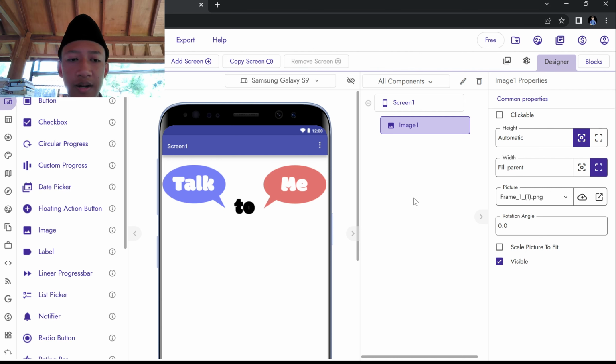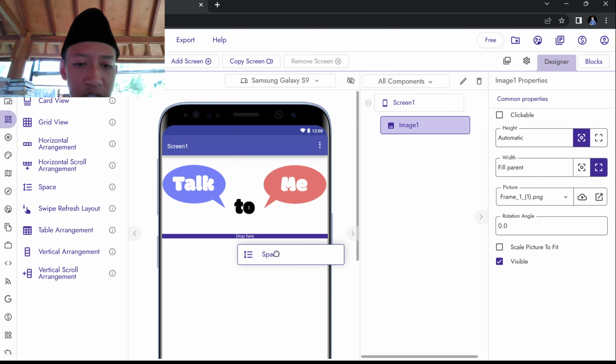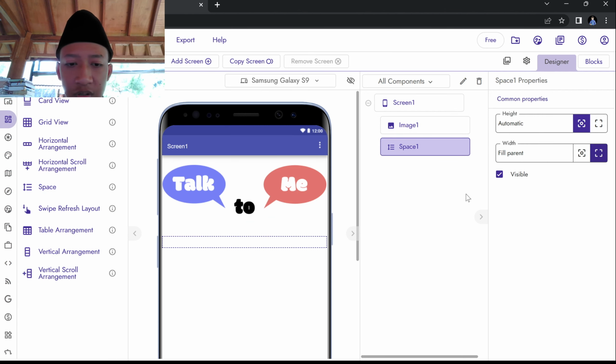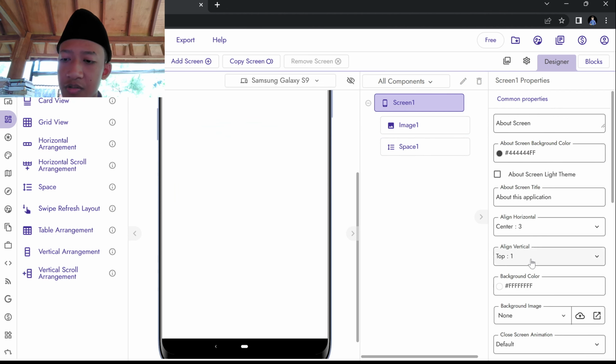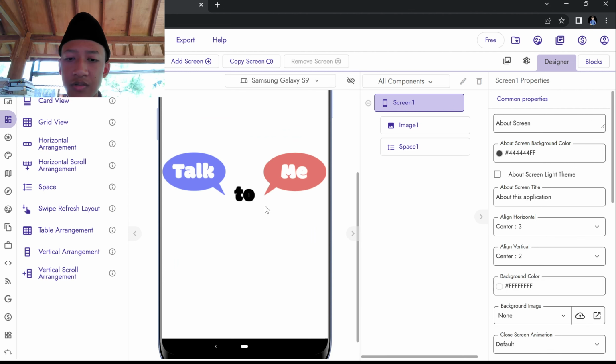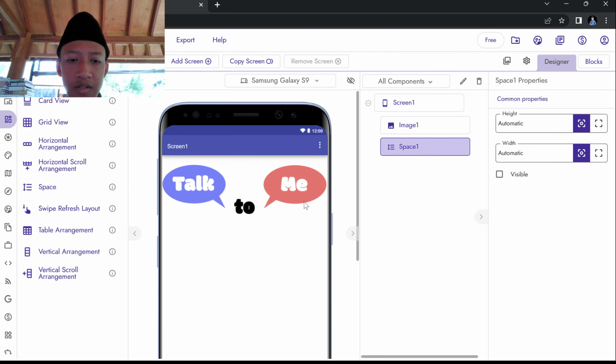Okay, next. After that, you go to the layout, general, and in here there's a space. So you just put it and then fill parent. No, not like that. I mean the screen one. The align horizontal is to center, and then align vertical is just go to the top. Then next,